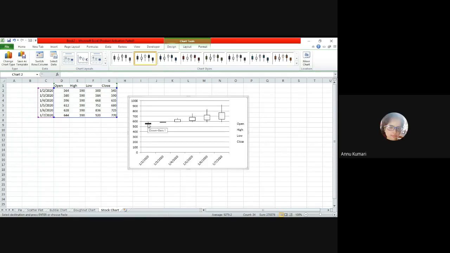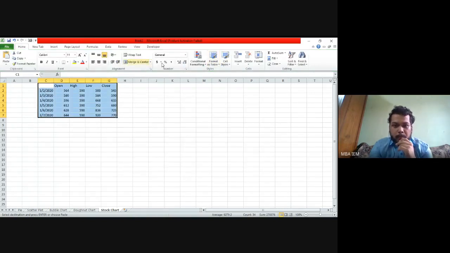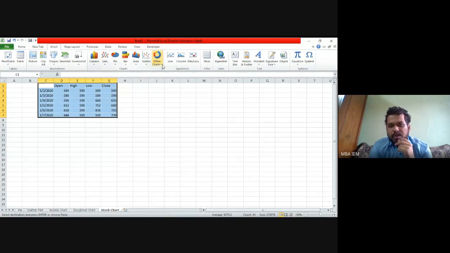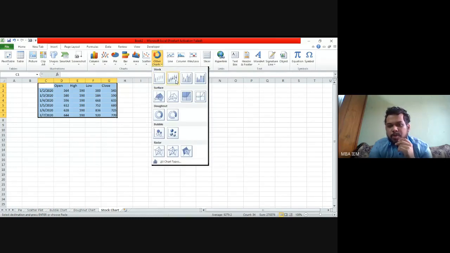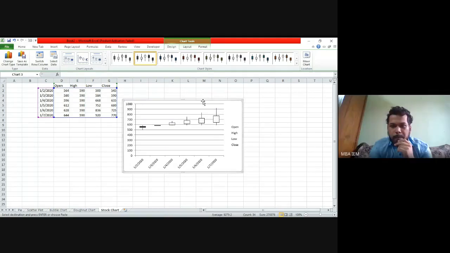Sir, from where do you get this stock chart? Can you show me once again? In the other chart section, the first option in the other chart section. For my case, in my version of Excel, it is in the insert tab, other charts, the first option. It is the second option of the first segment, that is stock, the second option of the stock. So this is the chart. Okay, sir. Okay. So you can see there are black and white options. Like the values are black and white, right?